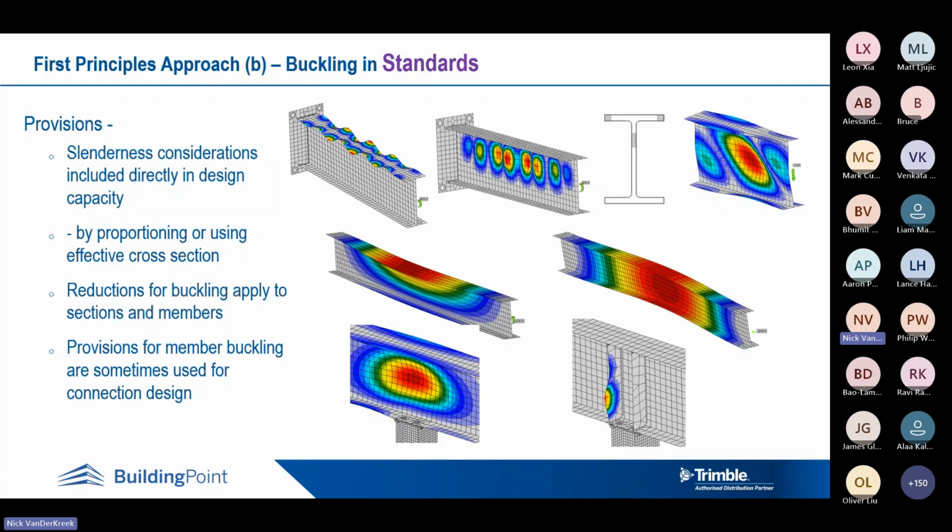And the other aspect of this first principles approach, there's two parts, A and B. The second is the consideration of instability. So first of all, let's look at how we consider this in standards. So we might have cross-section type buckling considerations, local buckling. So we have b on t ratios to consider and grade. We have a modified slenderness and so forth, and various methods to determine whether the section is compact or non-compact or slender. We get the expressions set out, as I say, in the standard for establishing these design section capacities,